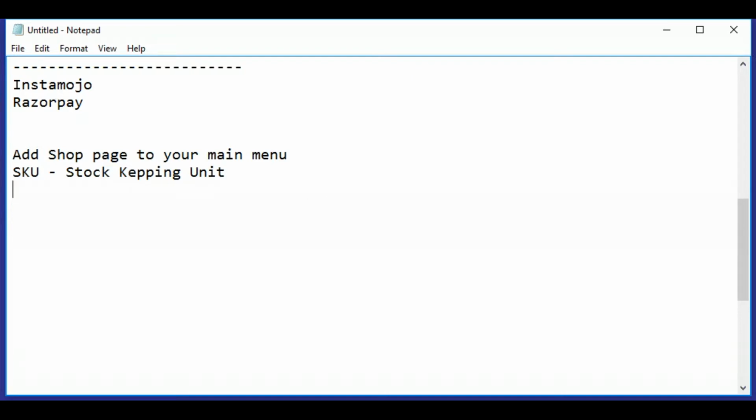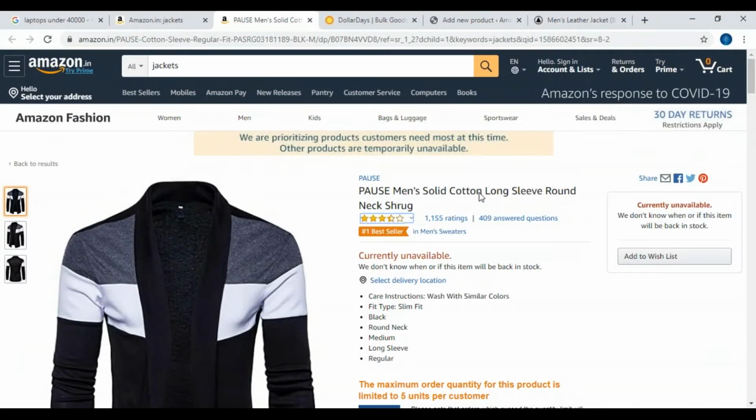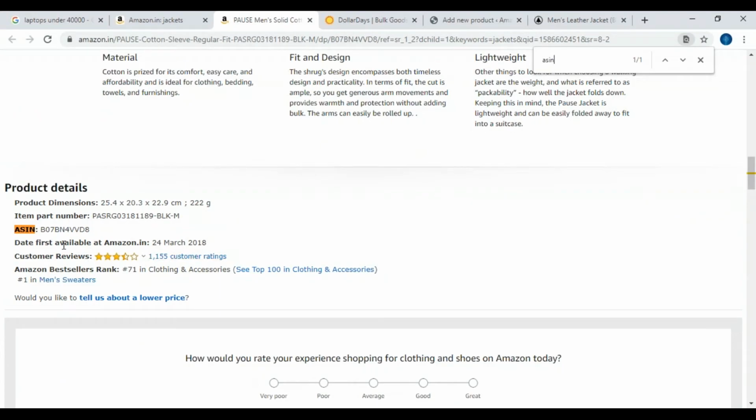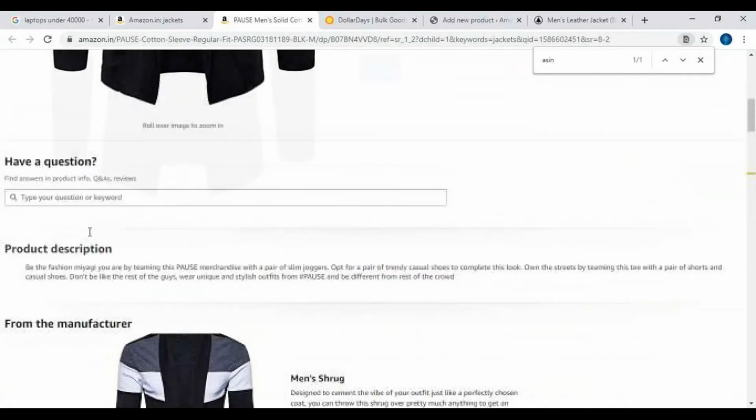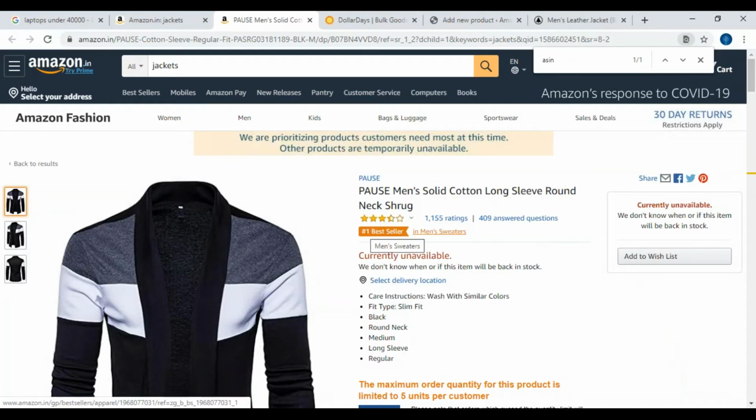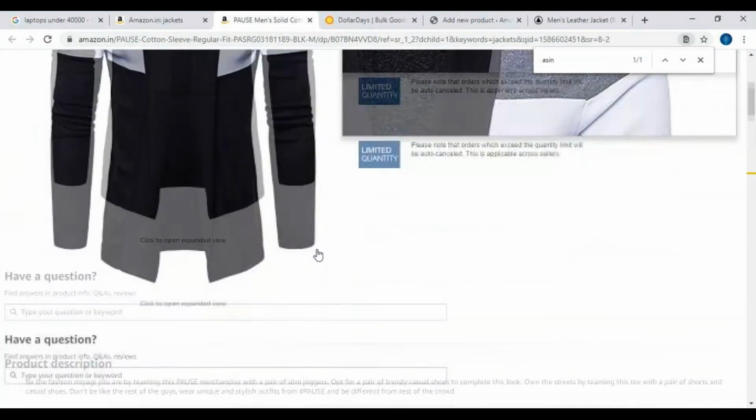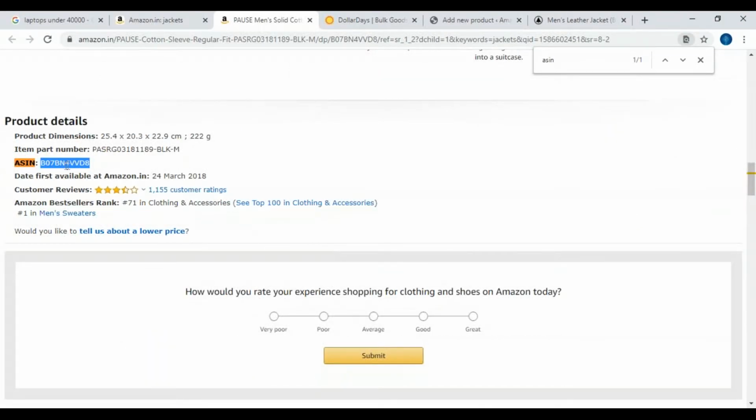If I go to Amazon, on Amazon each and every product has a unique identification number. That is known as ASIN. This is the unique identification number for this particular product. So it is easy to manage the stock, and easy to find this particular product. If I am looking for, say, men's jacket, under the name men's jacket there can be many products, so it might be difficult. That is the reason they provide a unique number, and this unique number can also be found on the URL.